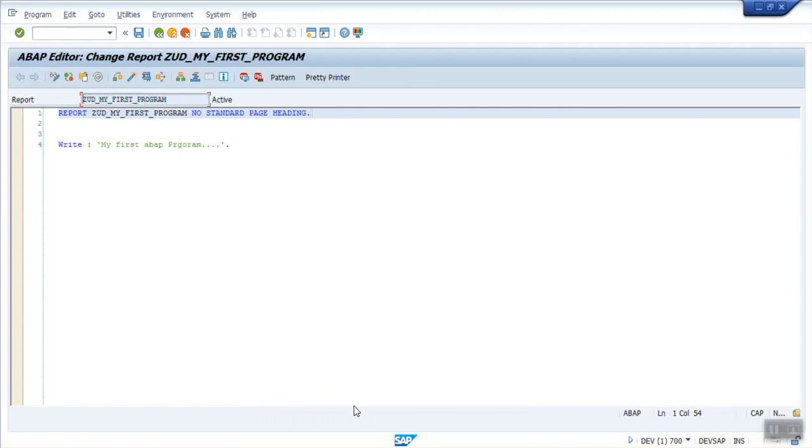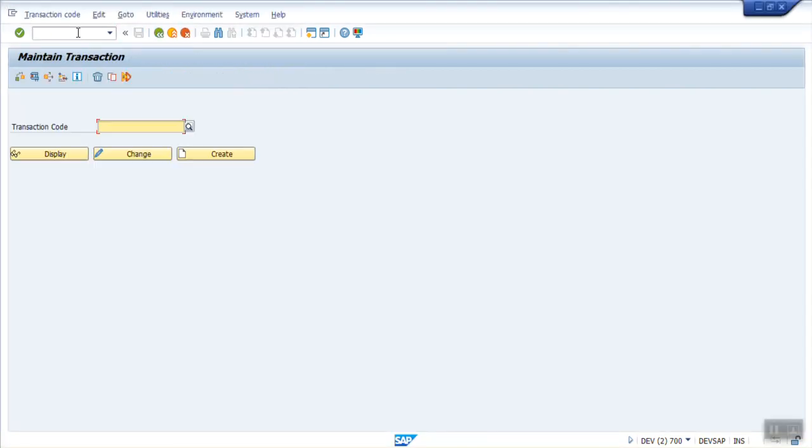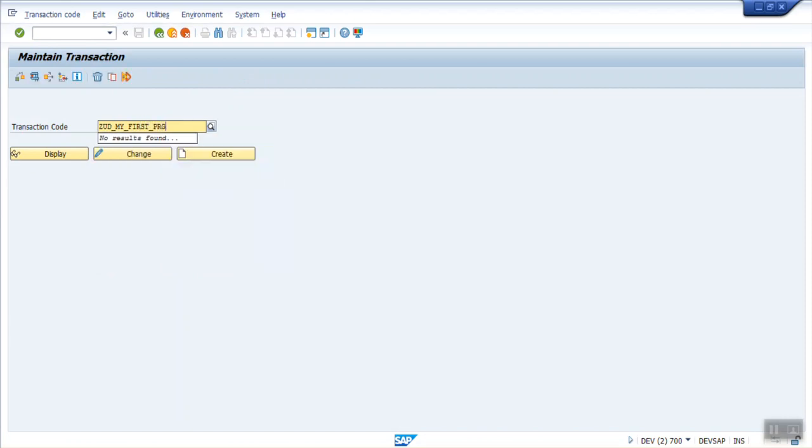So copy the program name, and in a new screen go to transaction code SE93. Maintain transaction. Here also you have to follow the same naming convention, that is Z or Y. Let's say ZUD my first PRG.